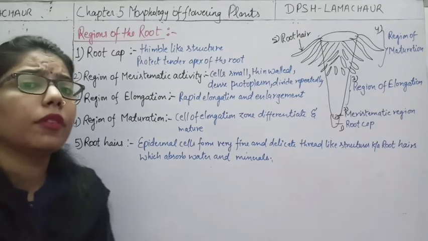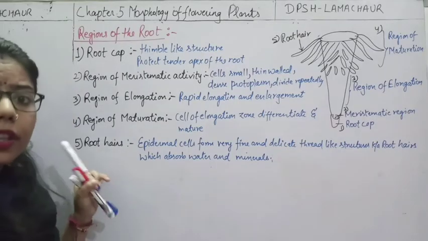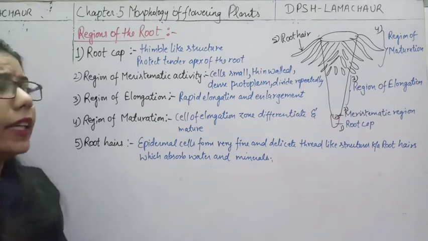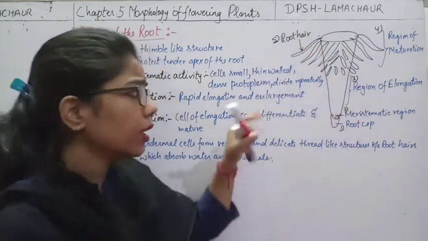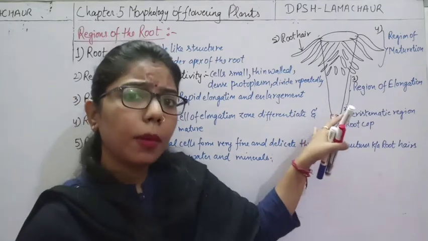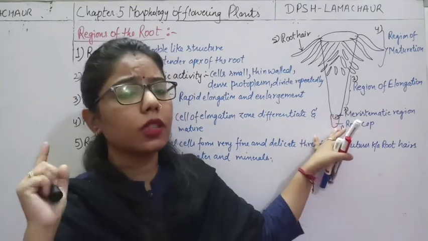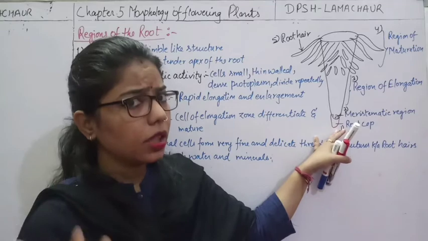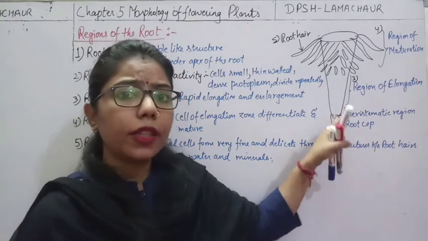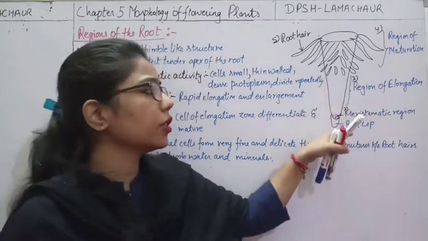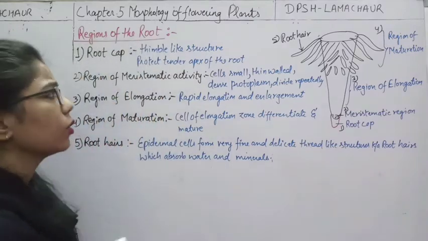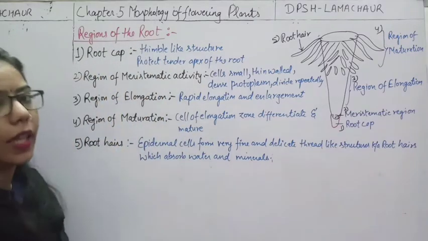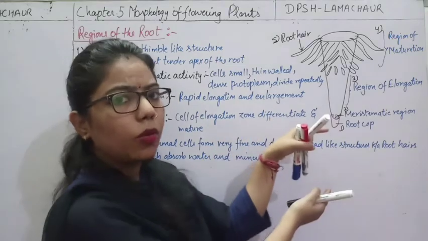So now here we will understand what the different regions in this root are. Here I have drawn one diagram of root which is shown here. So in this root we can see different parts. As we have discussed, in a plant we have different parts. So in the root itself there are different regions, and these regions function for different things in the root. So the first one is the root cap. I am starting from the bottom.